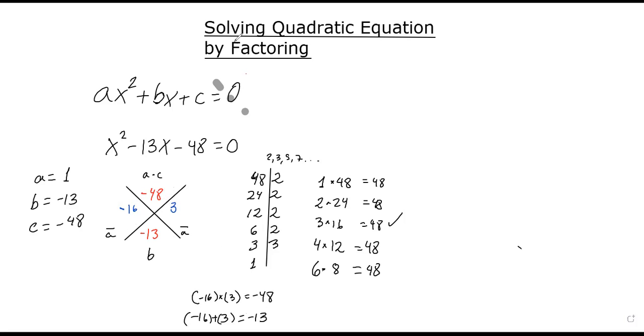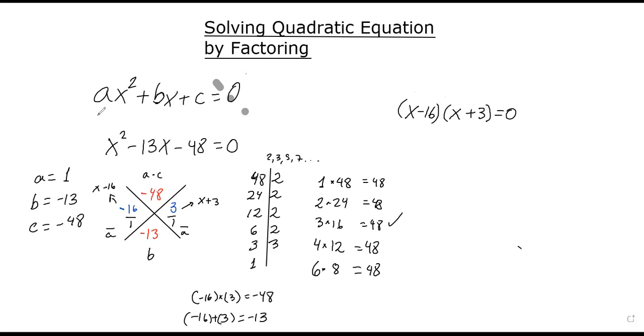As I mentioned before, any number found has to be divided by a. In this case, our a is 1, so it's going to be the same. And each number is going to give us a factor. This one is x plus 3, and this one is x minus 16. And our answer is going to be the multiplication of those two: x minus 16 times x plus 3